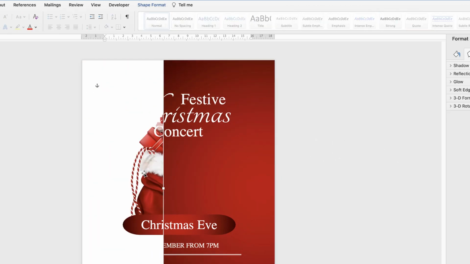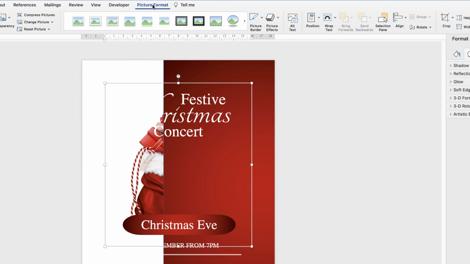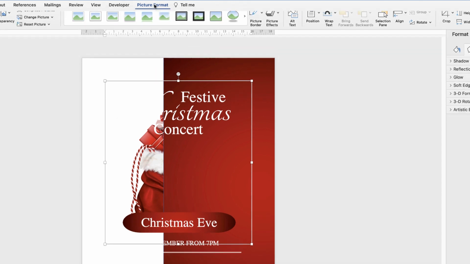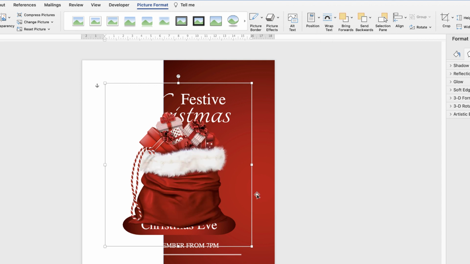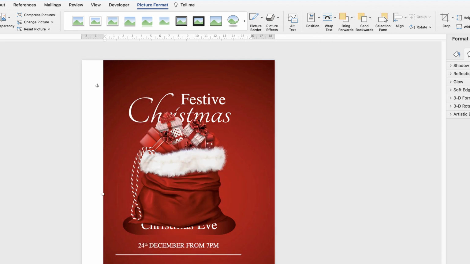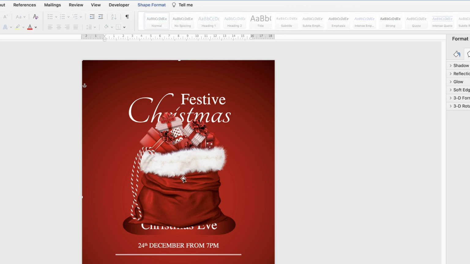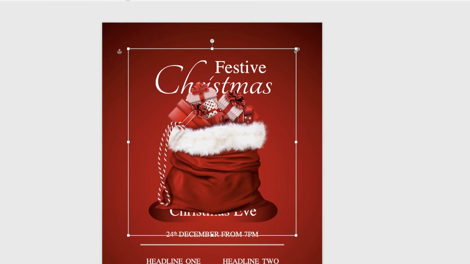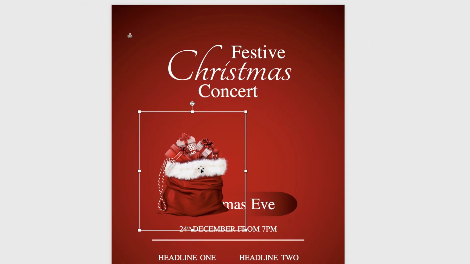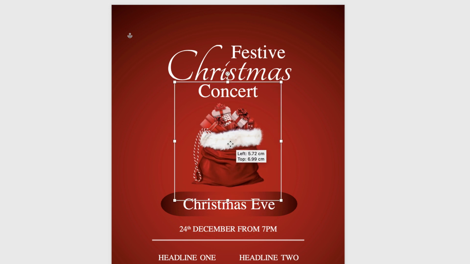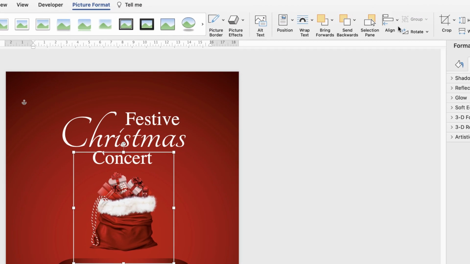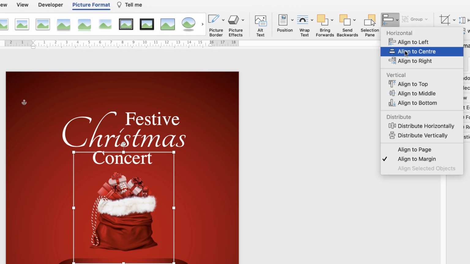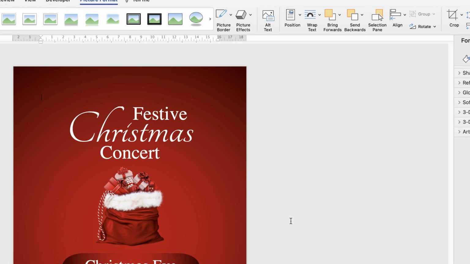So all we need to do, click on it, go to Picture Format, go to Wrap Text and select In Front of Text. Let's just put the background back. And there's your picture. I'm just going to reduce the size of it, and then once again, reduce the size a little bit more. Then go to Picture Format, along to the Alignment tool and Align to Center, making sure that's